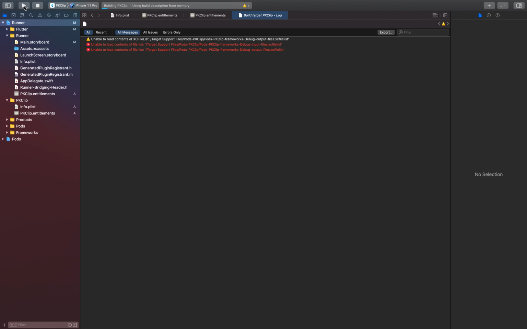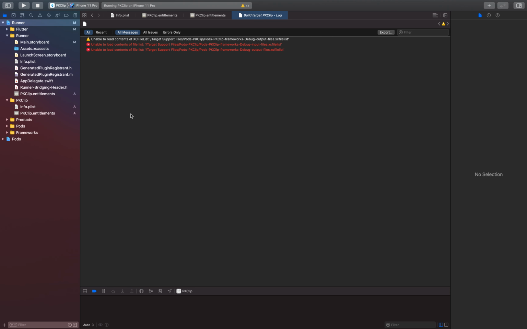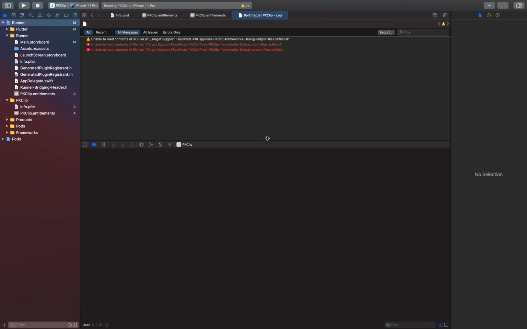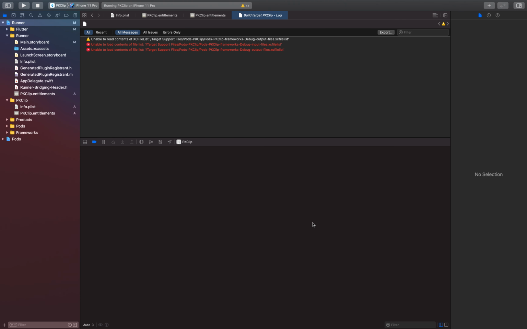So yeah, you have to sometimes clean Flutter and you have to sometimes reinstall pods, and all those things are there. If you're already familiar with iOS development, then I think you might be familiar with this as well. And now you can see, guys, this is our app clip. The difference you will see just now. It might take a while to display the content because it's loading for the first time. Let's see. Yeah, now we can see we have logs coming over here. It will take a moment, guys, for the first boot, I guess. Then we should, yeah, so you can see we have the balance and all these things here.